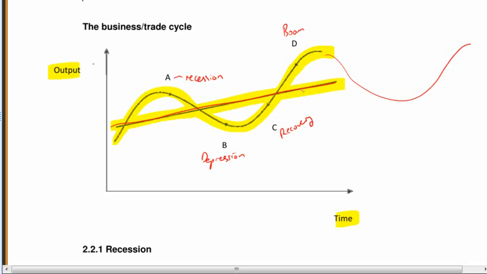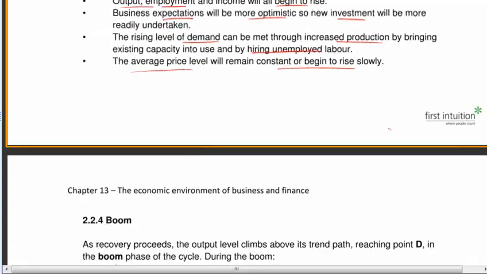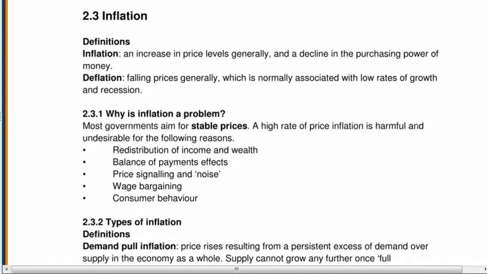And also, there's a theory that this is not helped by the electoral cycle in the UK, where the government always tries to stimulate the economy just before an election. Therefore, following the election, they've got no choice but to then start to take the heat out of the economy again. So there is a view that governments don't help themselves by trying to tie the economic cycle in with the electoral cycle. But anyway, we digress. Let's have a look at inflation.